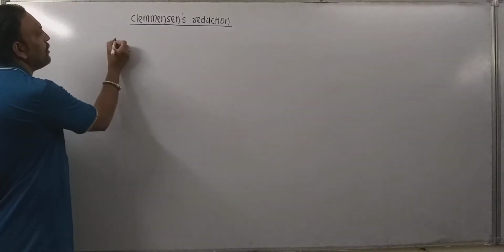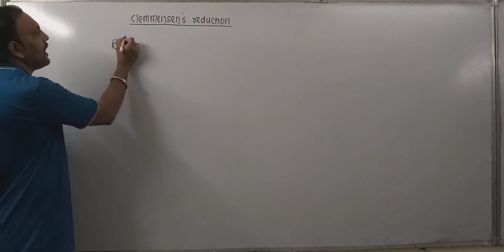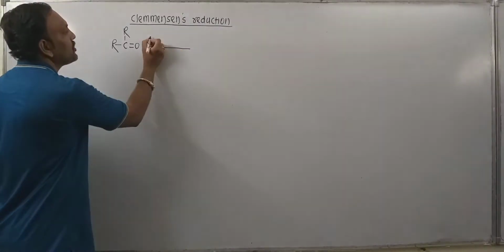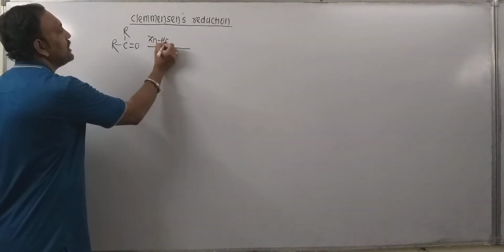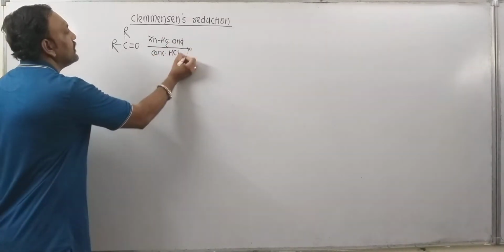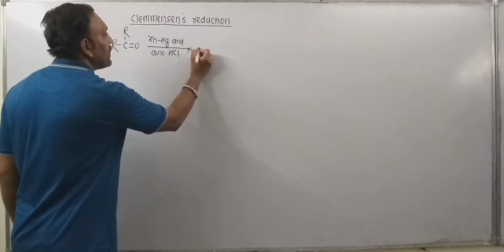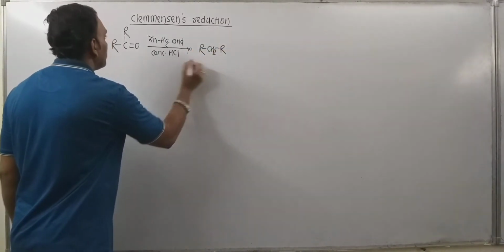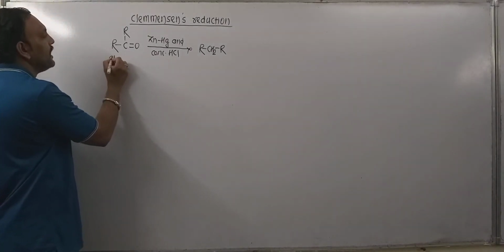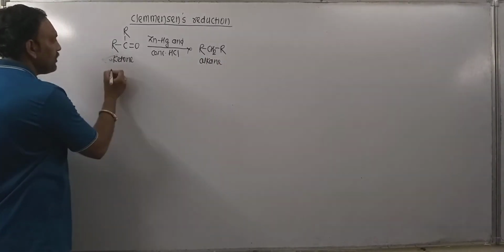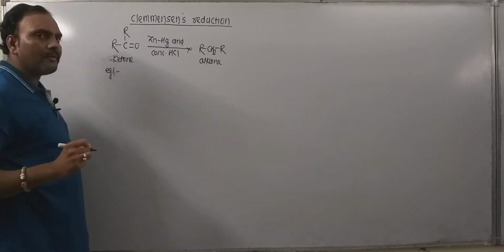Now consider an example. Ketones are represented as RCOR. When these ketones are reduced by zinc amalgam and concentrated HCl, they may get reduced, forming hydrocarbons like this. If the ketone is aliphatic, then these ketones may get converted into alkanes. A number of chemical examples can be given for that.